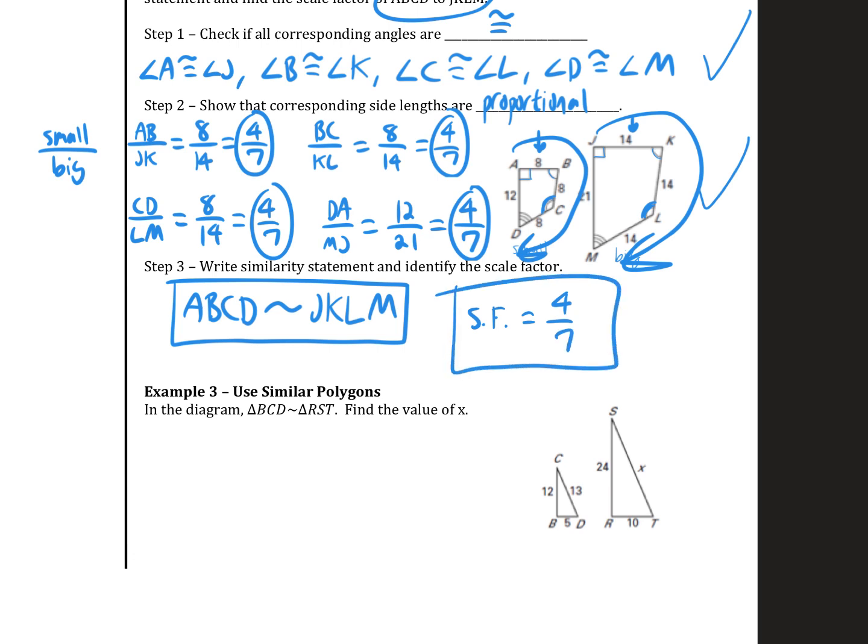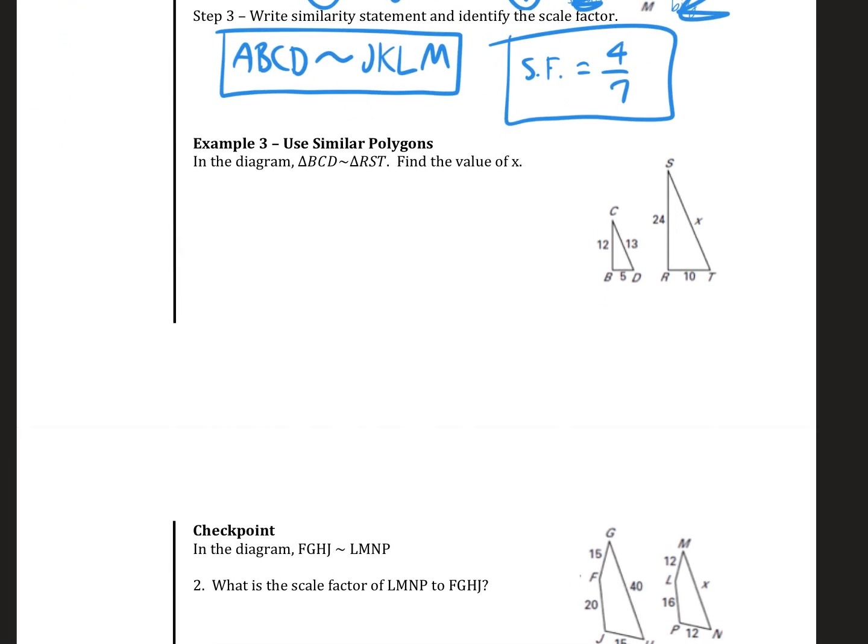All right, moving on. Let's talk about similar polygons now. So, now that we know how to find the scale factor and we know how to do similarity stuff, let's go ahead and do this. So, we know that these two shapes are similar because we have a similarity statement. And we're trying to find the value of x, okay? So what we need to do first, what's right here? We need to find